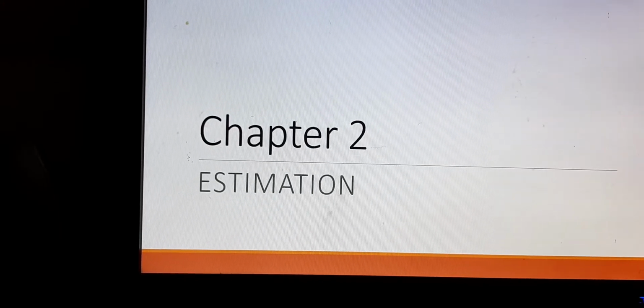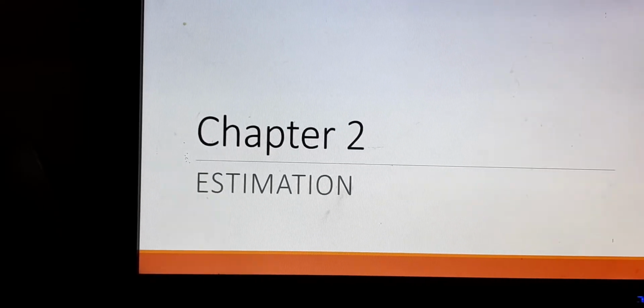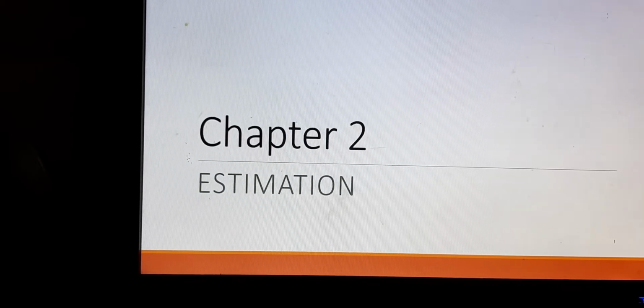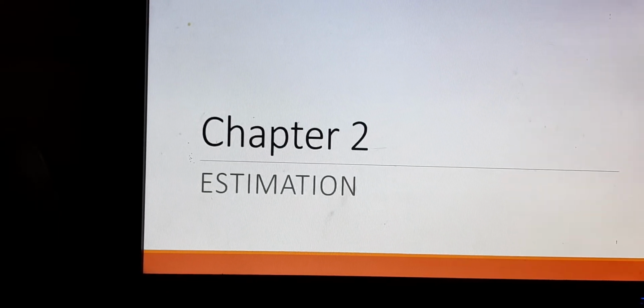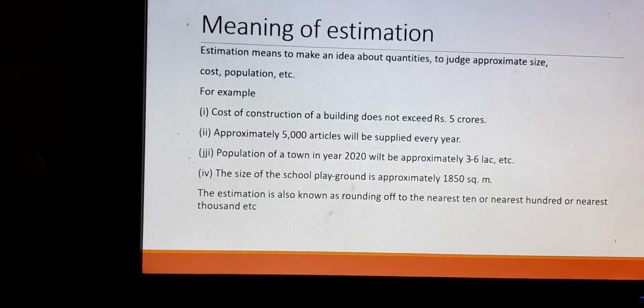It is called estimation. Do you know what estimation is? It is to have an idea about the value of something. It might not be the exact value, but it is very close to that value. That is called estimation. Some people can estimate things very nicely. They have a very good power of estimation. So we'll see what estimation is.